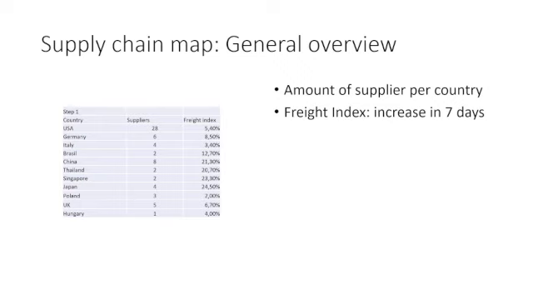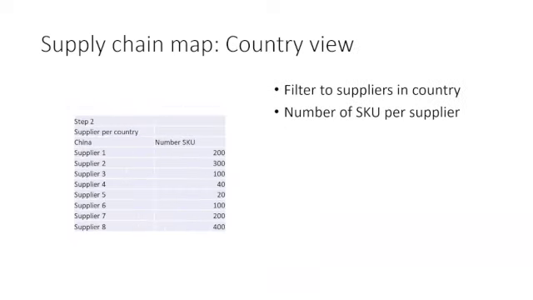So it is possible to have the view how you would like to see it. I mean, if it would be the freight, or for example the price of raw material or some other things, then you could set it up like that, and you could know exactly what suppliers are in that country. And then to dig it down, let's say we have a problem in China. I just took China as